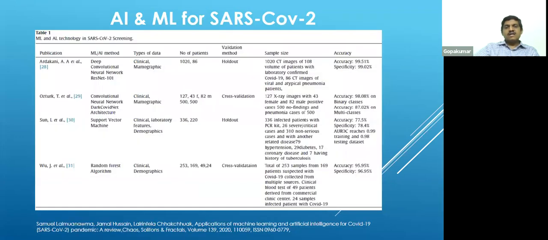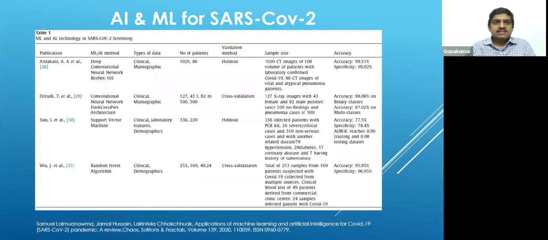I have also gone through how AI and ML have helped so far in SARS-CoV-2 research. This is a table that I got from the cited paper. You can see that ML and AI technology is applied in various forms, to various problems in combating SARS-CoV-2. It is used for screening, that means how screening can be done for patients, on what parameters, on what attributes, and how an AI or ML technique can be useful to make better predictions.